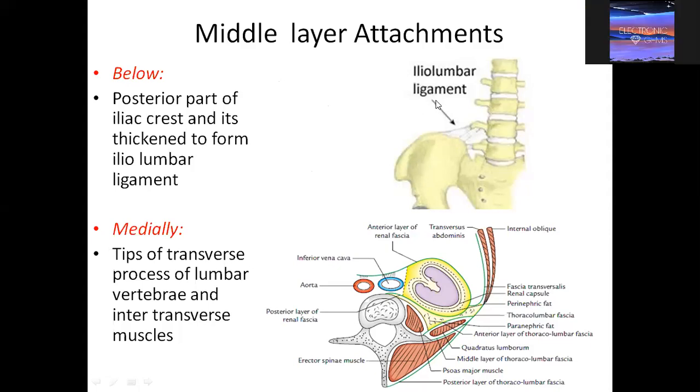That means little deeper. All these layers are one below the other. This is anterior layer, this is middle layer, and then we will have posterior layer. So medially, one behind the other they are lying. That's why their attachments are same, but planes will be one behind the other.